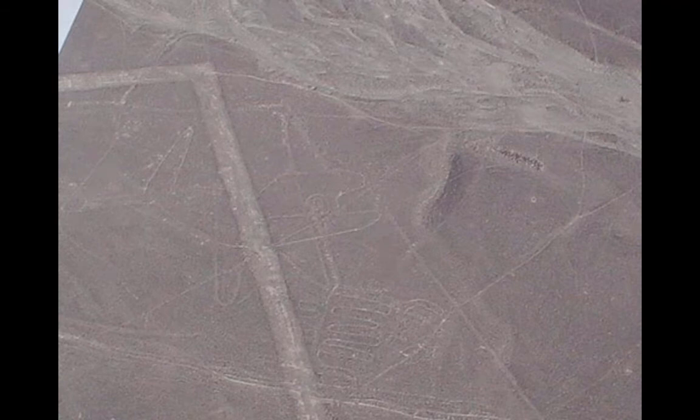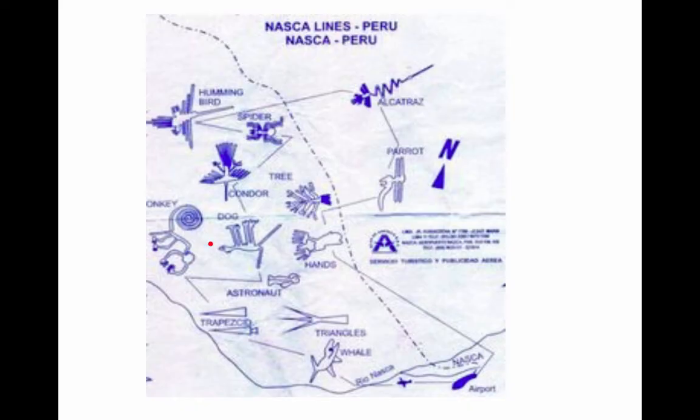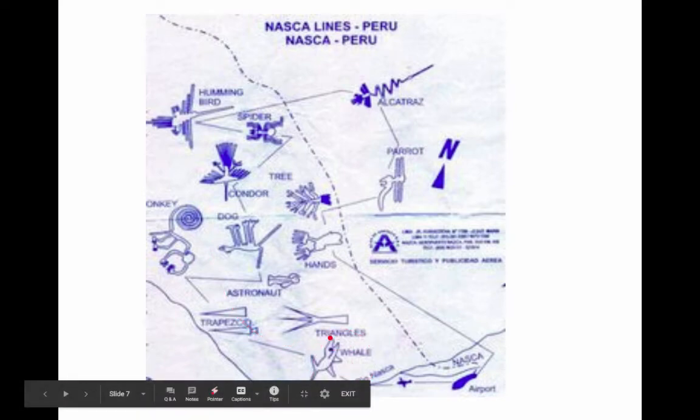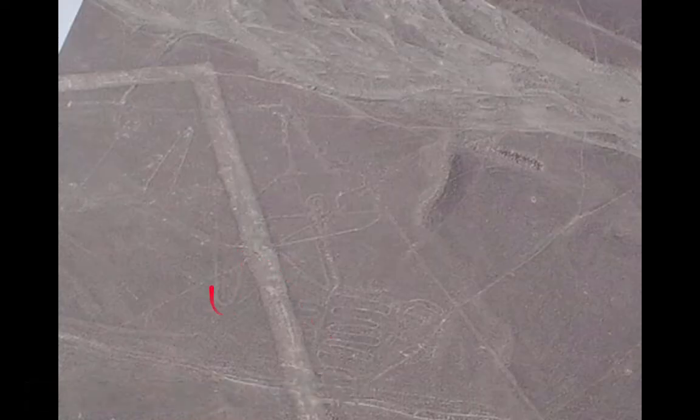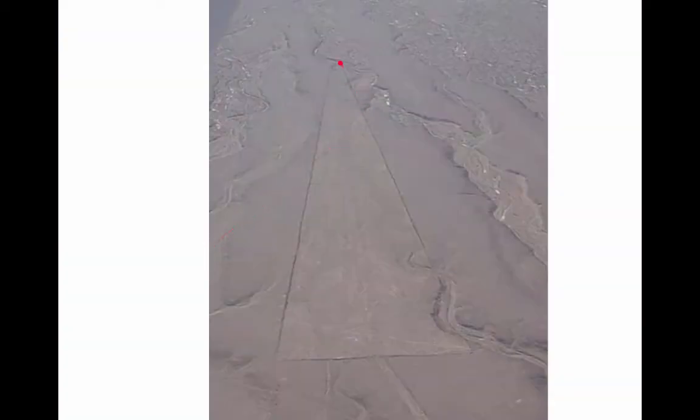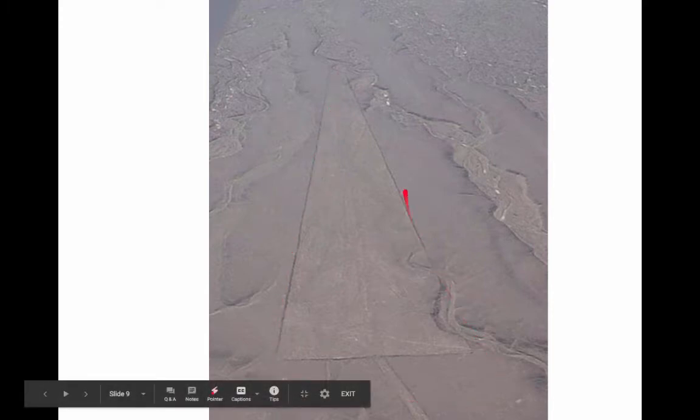So you can't really see this very well because this is one of my pictures and I never have a good camera. I have some other pictures just from other professional photographers in a little bit. But this is the whale, which is shown right down here. So this image, kind of outlining it with the little laser guy, is a whale, an orca whale, which shows that they did have connection to the coastline. It was very close to the coastline. This is one of the triangles I was mentioning.